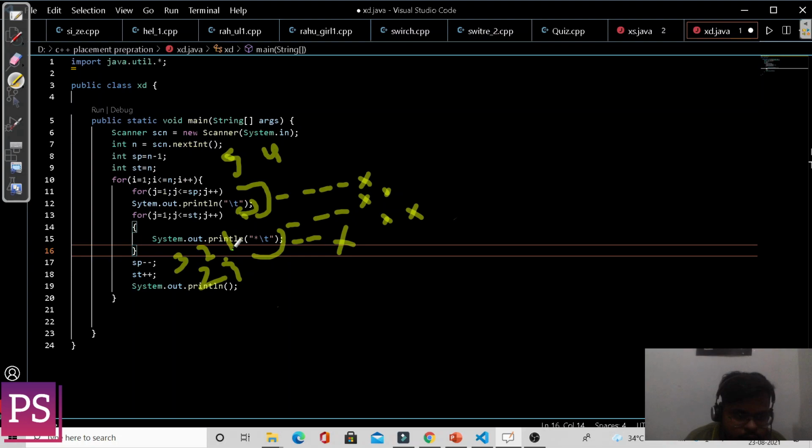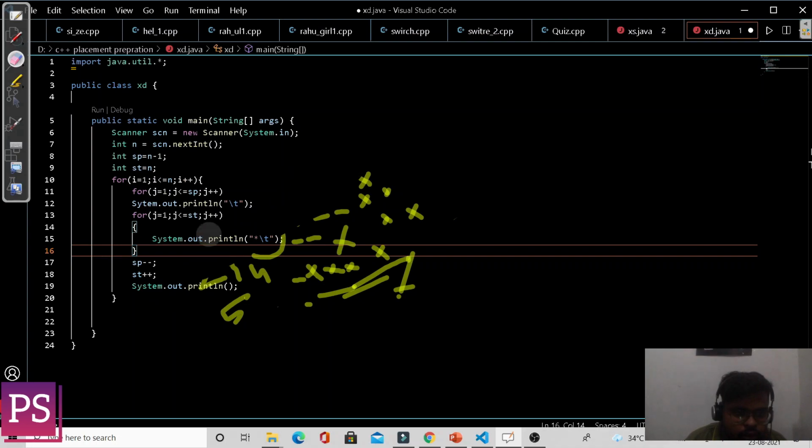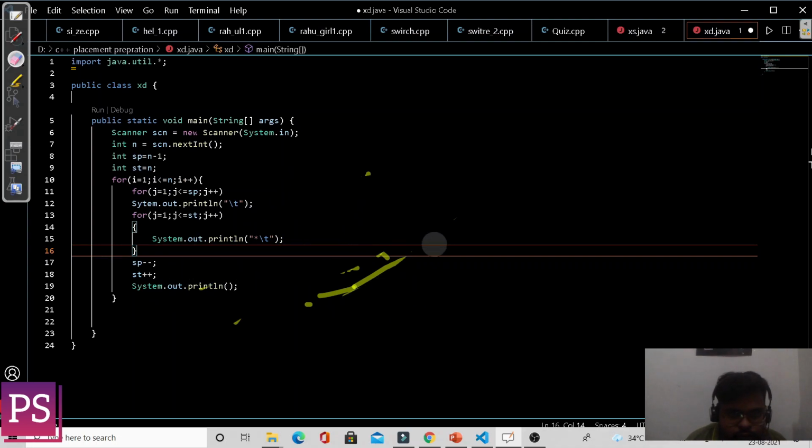Then in the next 1 space and 4 stars, and in the final this will print 5 stars, and we will get our particular output that we want. I hope this is clear. Now let's run our code and check whether we are getting the right solution or not.